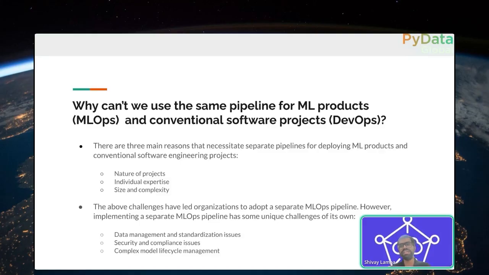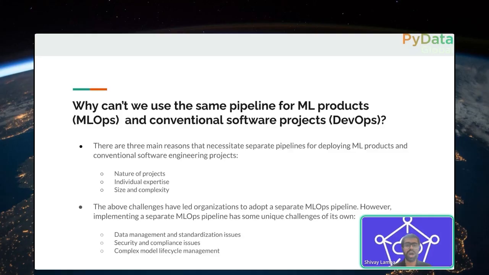And of course, we need more individual expertise, and sometimes the size of the machine learning models can be huge, right? Like a simple large language model like Llama 3 is just 8 gigabytes in size. So we are dealing with different types of complexity and size of these models. So of course, these challenges lead organizations to adopt a separate MLOps pipeline. But of course, implementing an MLOps pipeline from scratch can have unique challenges of its own,